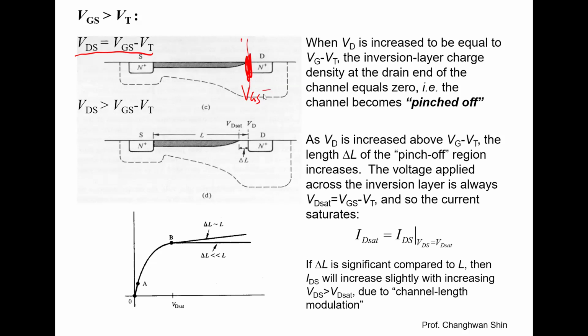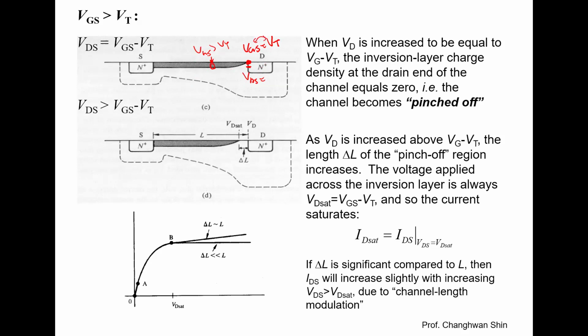Here, VGS is equal to Vt at this point. VGS is equivalent to the threshold voltage. A very tiny point can be formed as an inversion layer. If VGS is slightly higher than the threshold voltage at this point, the inversion layer can be thickened out. However, if your drain to source voltage VDS is equal to